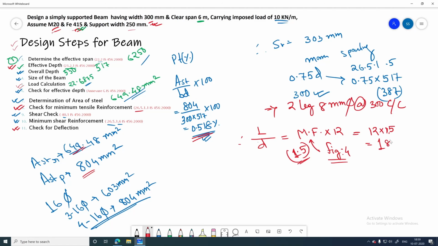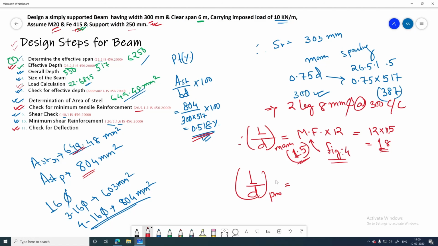So this is the maximum value, or you can say the limiting value, because if the L by d value that we design exceeds this 18 limit, that means it will be a failure, right? Because the structure will be unstable and will collapse. So definitely I need to check that the L by d provided must be less than this value, okay, or we need to redesign the total thing.